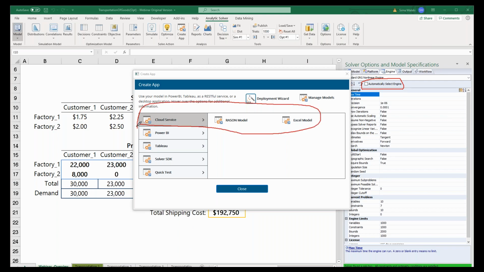Also, the other options allow it to be packaged for Tableau and Power BI. And I can actually check and show you. These are Tableau and Power BI options, Solver SDK, having your application on your PC or your server, and then Quick Test. That allows you to have a web page. You might be hearing some unfamiliar terms, but help is on the way and we will go over some more